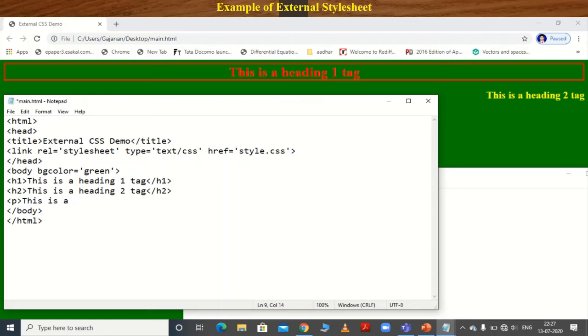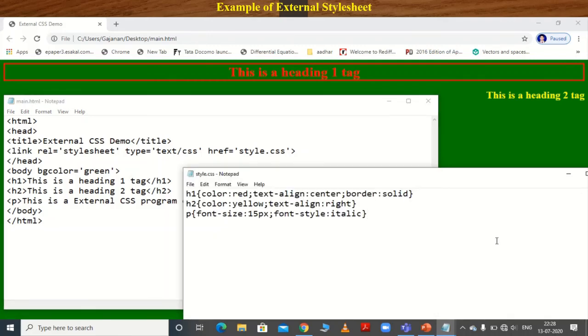So write down one statement: this is an external CSS execution. This is the external CSS program execution, okay, and then close this tab, save this one, this is also saved, okay.